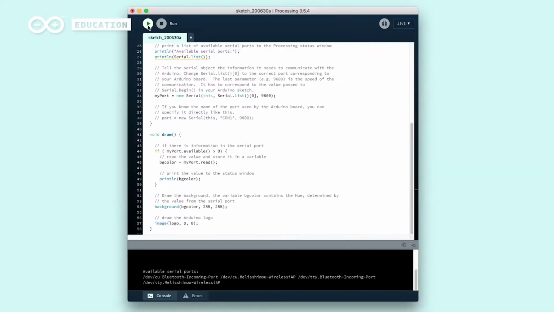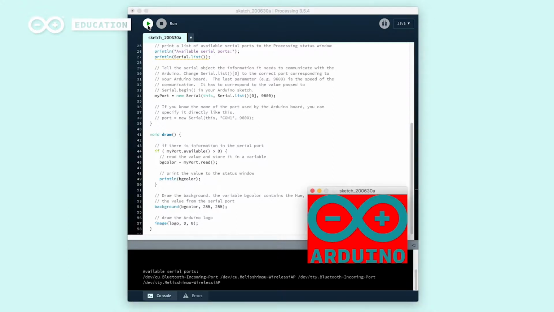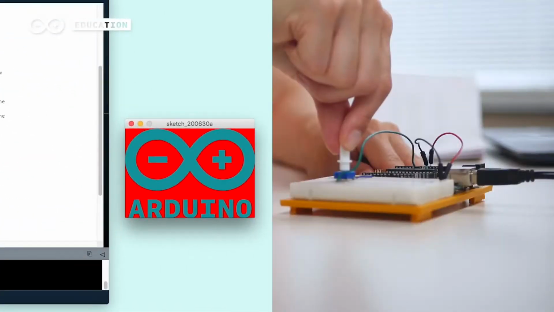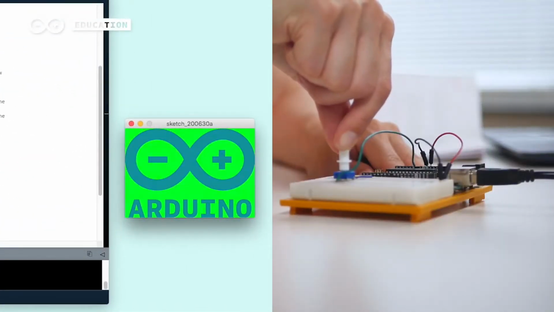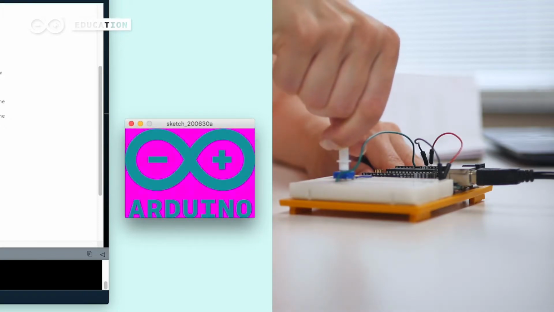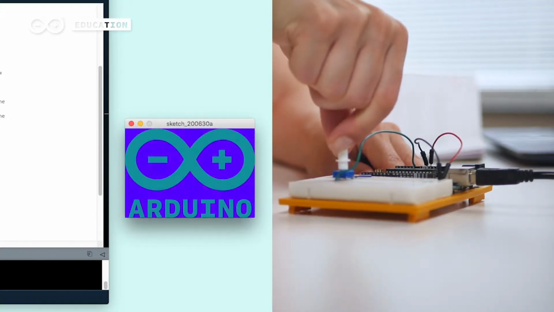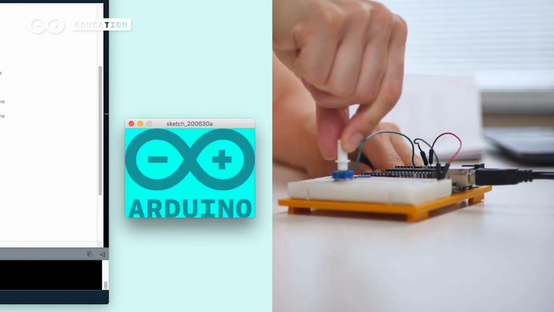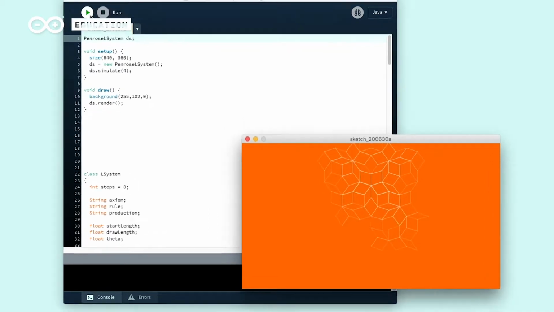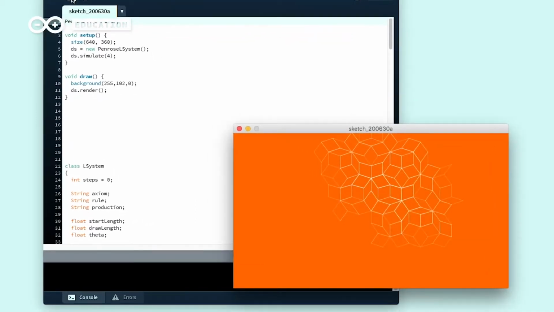Now we can test the project. Click the Run button and a window with the Arduino logo should open. To change the background color, turn your potentiometer. Now that you have your first Processing program working, you can explore the tutorials on their site and create digital art using different colors, shapes, and images. In the next project, we will learn how to